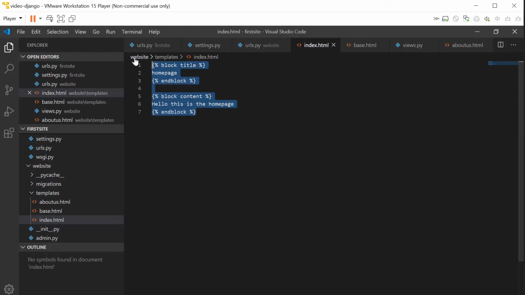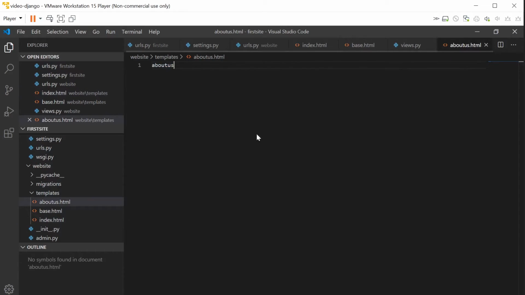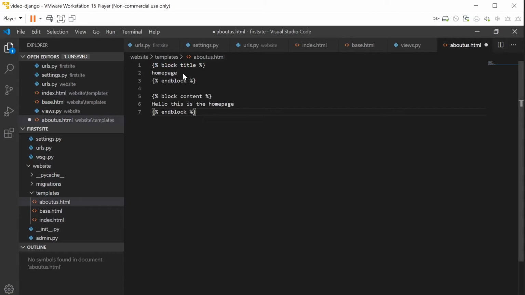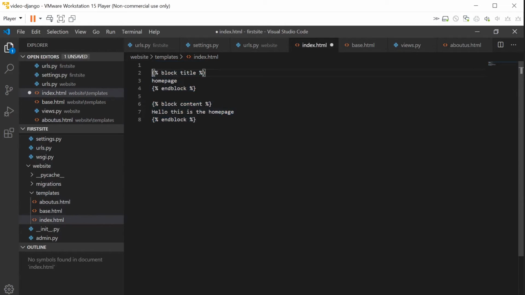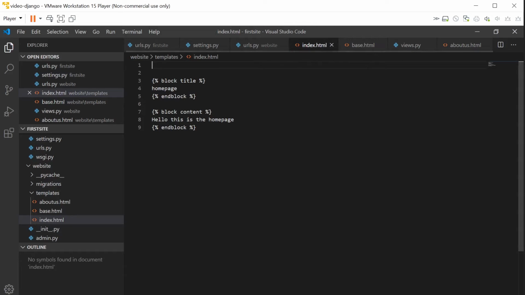So I'm going to do the same thing for the About Us page. So no longer on these pages I have all that HTML. It's going to be called About Us, and it's just going to say About Us page. There we go. So in addition to that, what I also need to do is basically import the base page